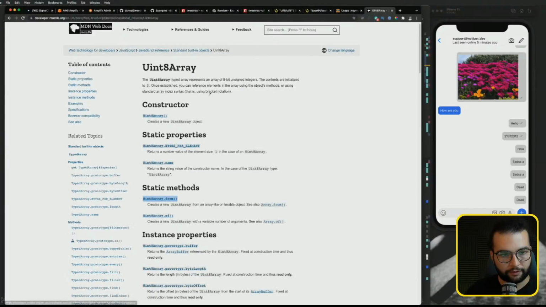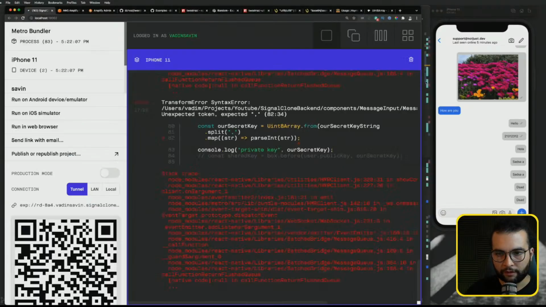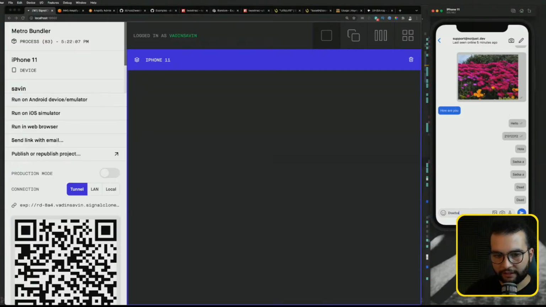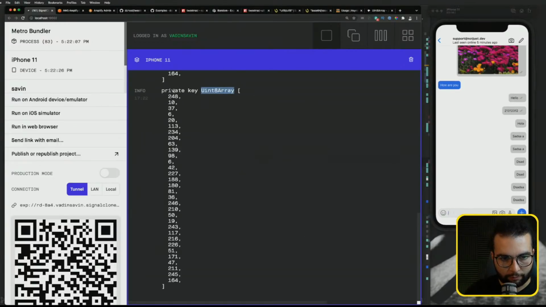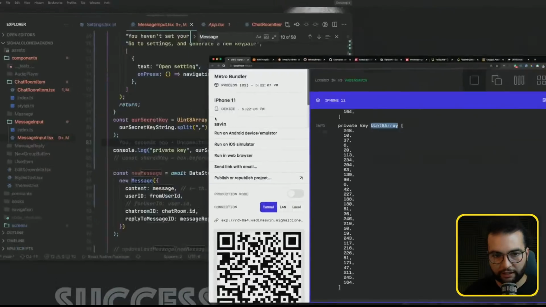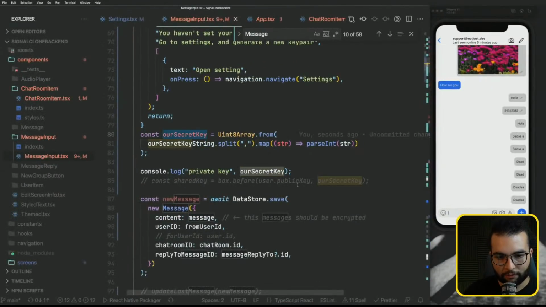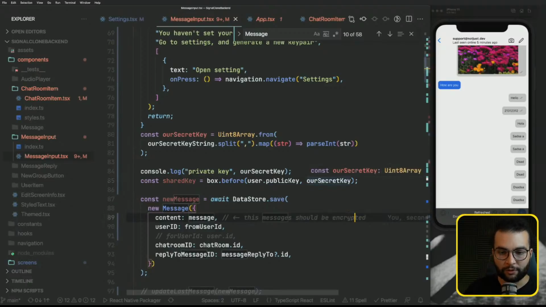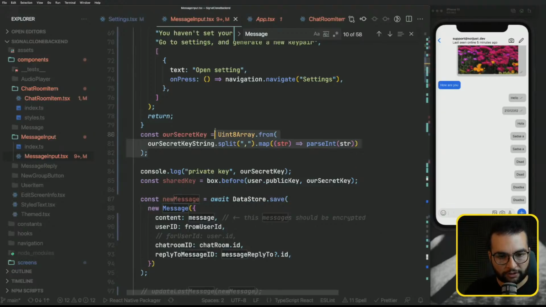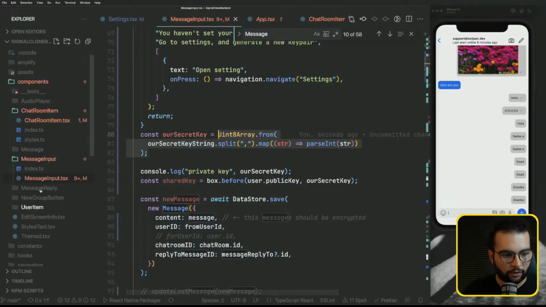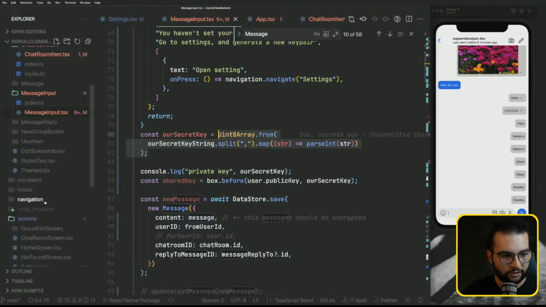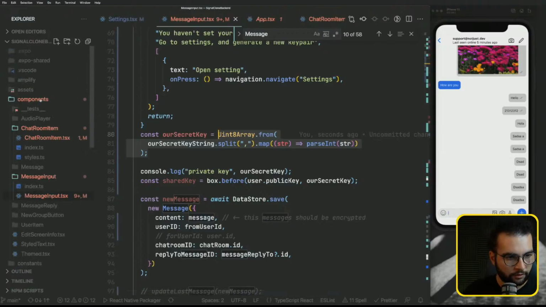So if I send it again, our private key is of the type that we need. And now if I send our secret key here to the shared key, it doesn't give me any errors because it's of the expected type. What I want to do is to extract this to a separate function in our crypto library because we're going to use it more. So where is the